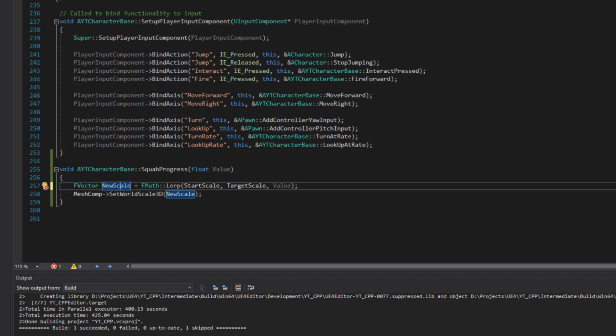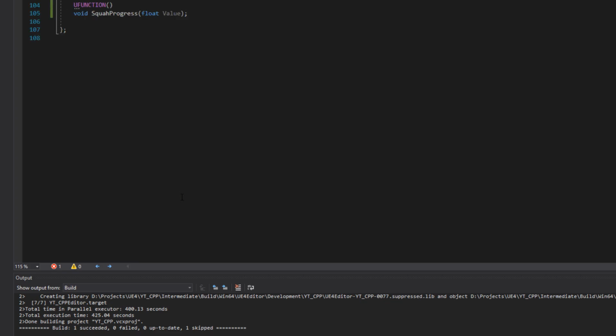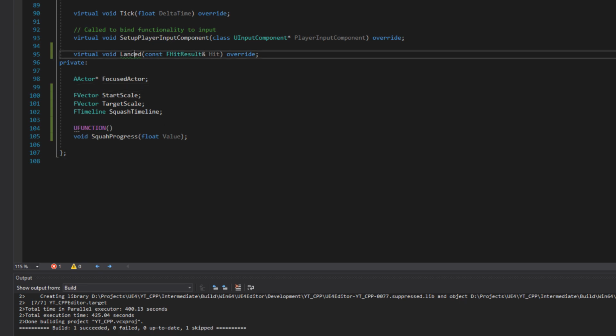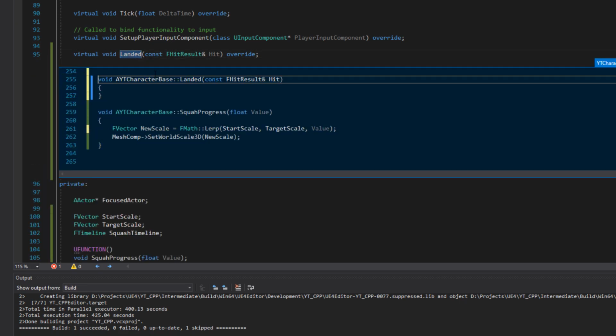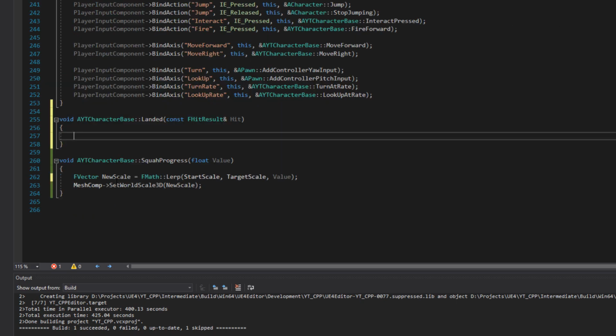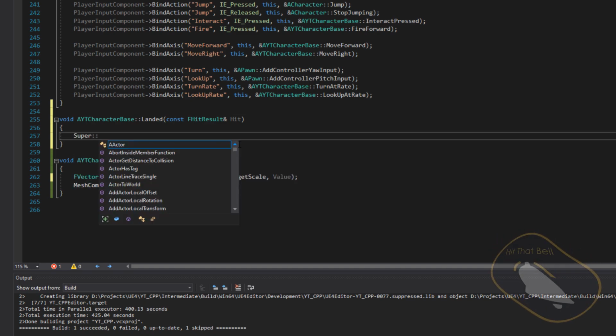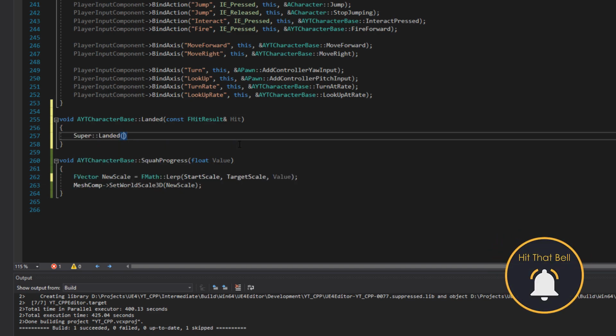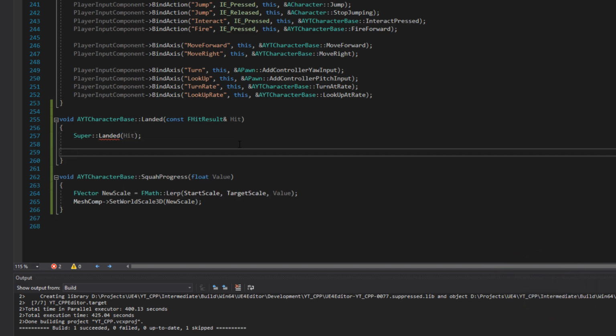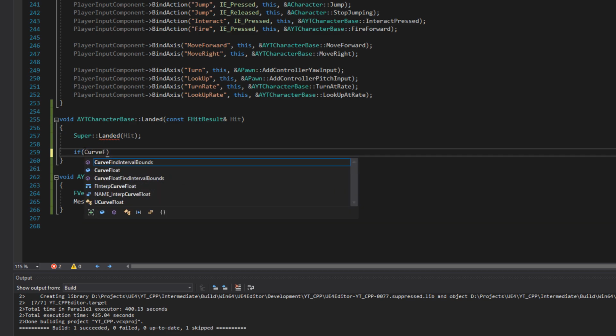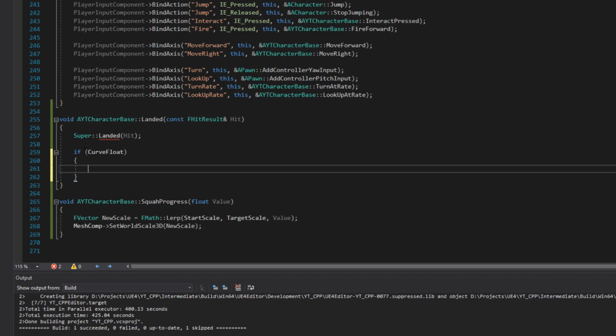And then the step that we've missed is we're going to come back and we need to implement our landed function. So again, I'm just going to create a definition of this. We'll go back over and we can make sure that we call this function when the character lands. Okay, so first of all, because this is an override function, we'll call super landed and just add in the hit result. Like we've done previously, we just want to check that we have a valid curve float to actually run through. So we'll say if curve float,